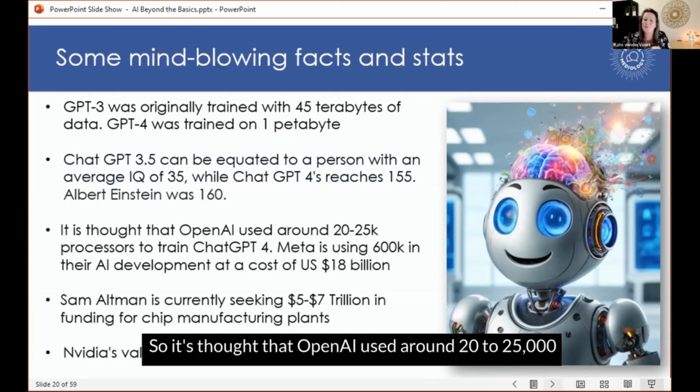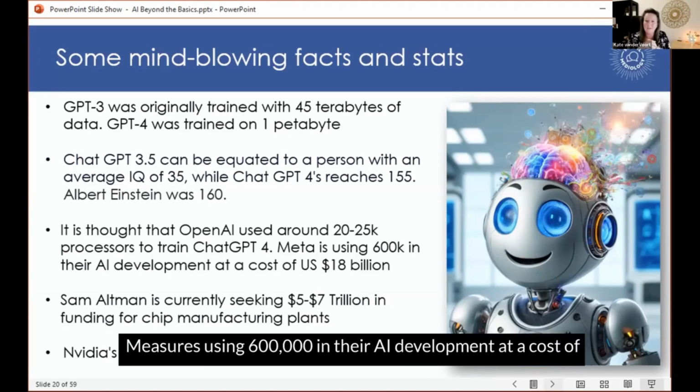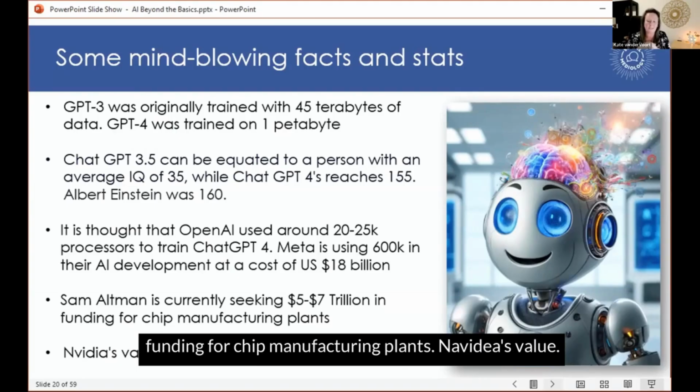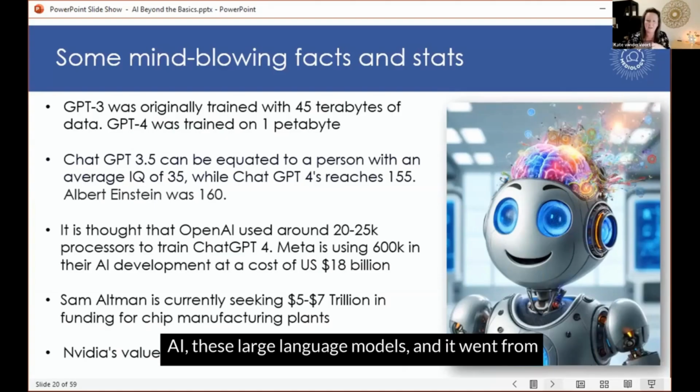So it's thought that OpenAI used around 20 to 25,000 processors to train ChatGPT-4. Meta's using 600,000 in their AI development at a cost of $18 billion US. Sam Altman's currently seeking $5 to $7 trillion in funding for chip manufacturing plants. NVIDIA's value, now NVIDIA builds, well, 90% of the chips that power AI, these large language models,